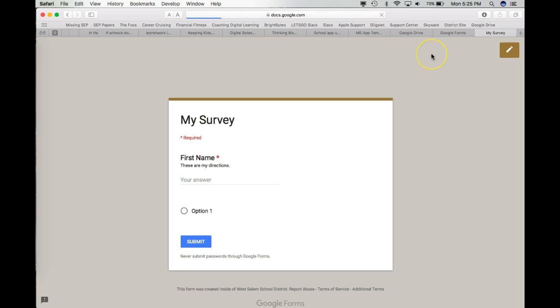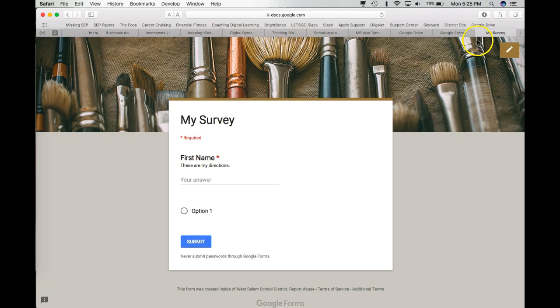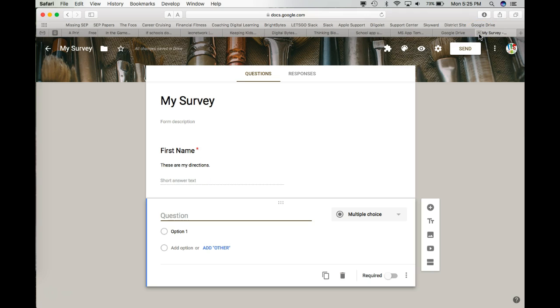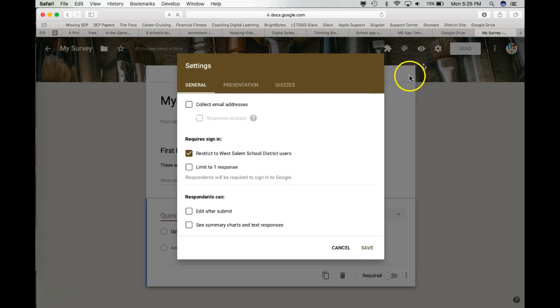And that's always a good idea to check that out to make sure that it's doing what you want it to do. That opens up in another tab, so I'm going to close that out. And then the settings button, I'm going to have you click in that so you can check a couple of